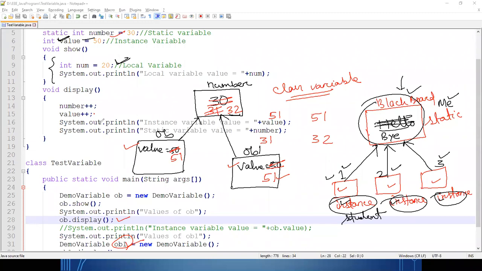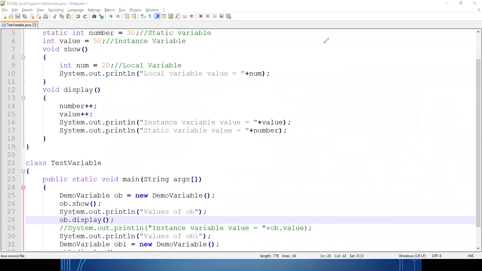Any modification made in the instance variable will only be reflected in that object, not in any other object. But if you consider a static variable, this is common to all because it belongs to the class, not any individual object. Clear?